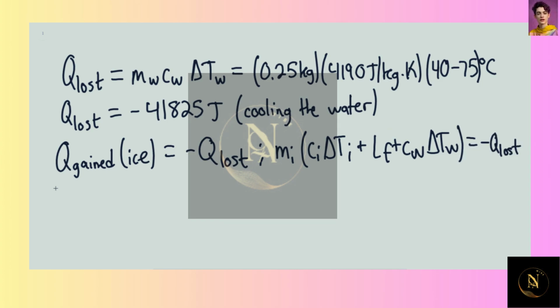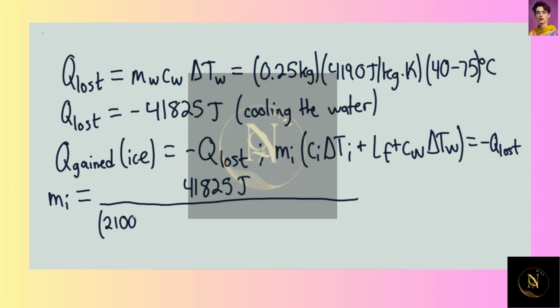So we would have the mass initial equaling negative Q lost, so positive 41,825 joules, and then this would be divided by this entire term here. So we would have